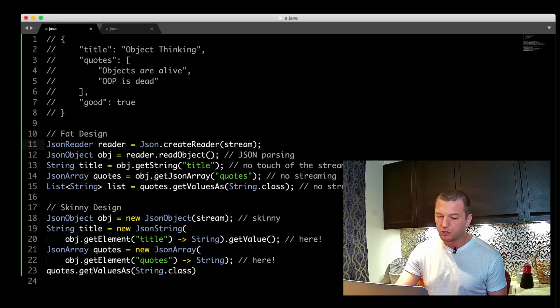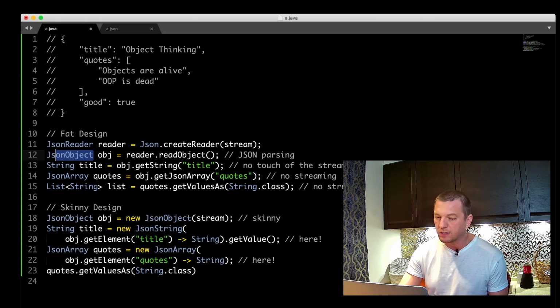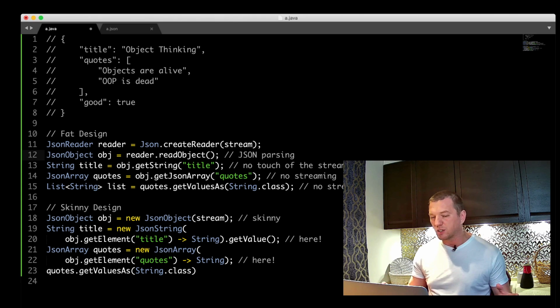Who knows who is implementing this interface? We will probably need to update the implementation of the JSON reader, and then who knows how many other implementations we have for this JSON reader. So all the implementations of this API will have to be updated to be able to parse a Boolean.